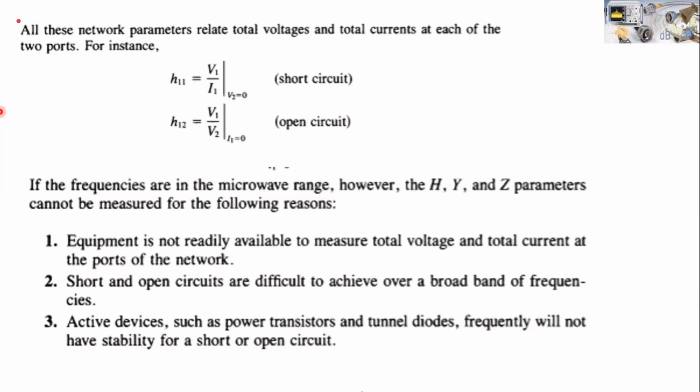So to analyze this condition at such high frequencies, since it is a high frequency, you will have a wide bandwidth, as we discussed yesterday. Over a wide bandwidth, analyzing short circuit and open circuit conditions becomes difficult. Third, which is a very important reason, is that active devices such as power transistors or tunnel diodes frequently do not have stability. Their point of stabilization, the Q point, continuously shifts, as a result of which it is very difficult to achieve stabilization of these active circuits under open and short circuit conditions.